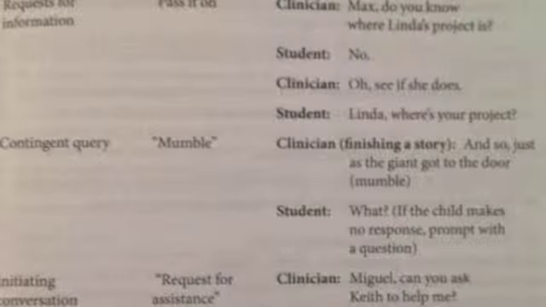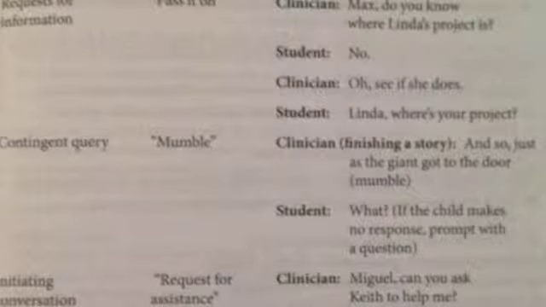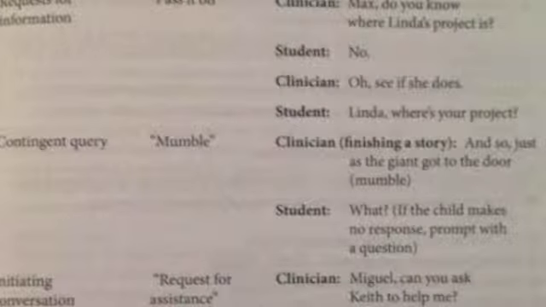So if you've got students with a deficit in pragmatics, what can be done to help them? Some basic exercises that can be used with students can be found in our textbook, such as Pass It On, which is an activity designed to get the student to request information from another student. Another exercise is Request for Assistance, which allows students to initiate conversations with one another by asking for help.